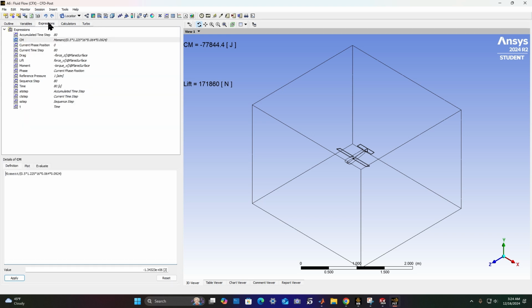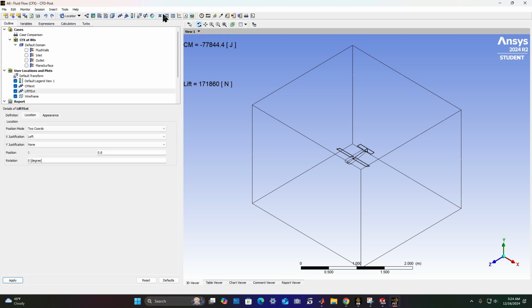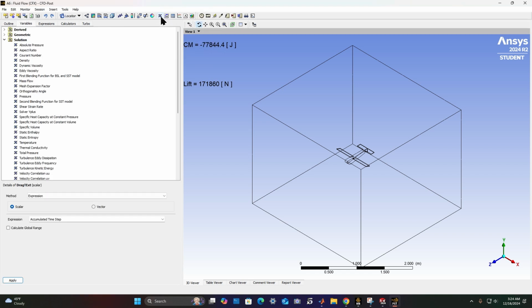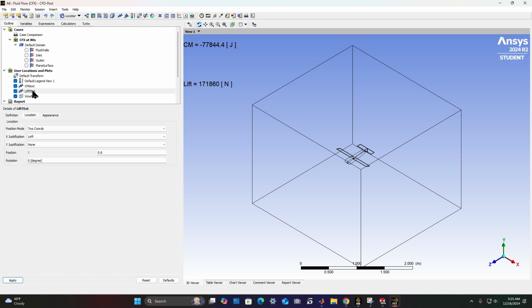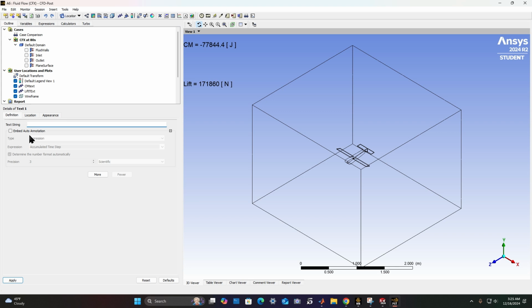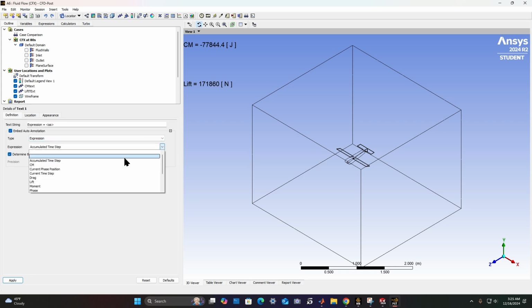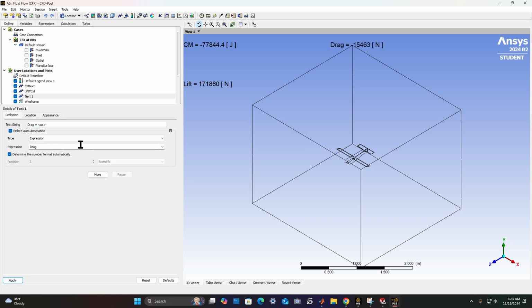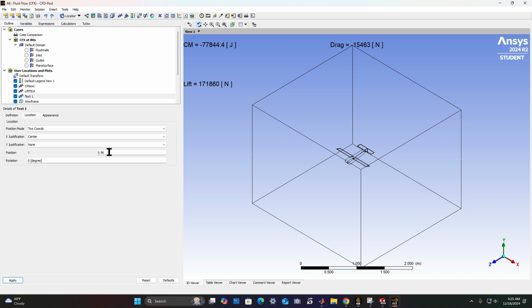Then we can also bring in drag. Embed auto annotation, set it to drag, and apply it. Change location,